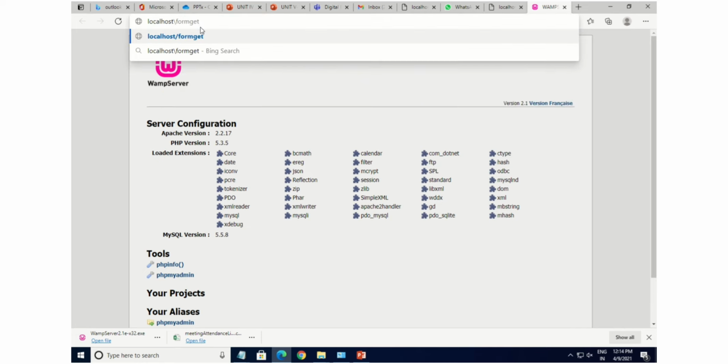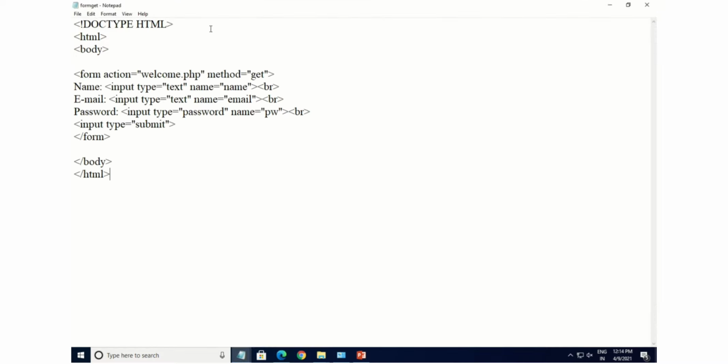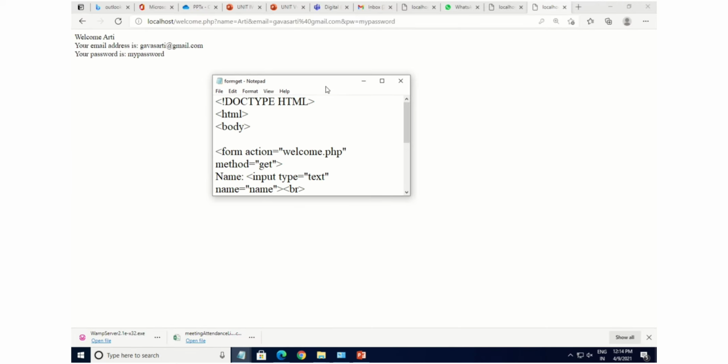Now come to your WAMP server and write here formGet.html. It will display this HTML form. You can enter the data, also enter some password, and then click on the submit button. So this is how it will access the form content and display it here.